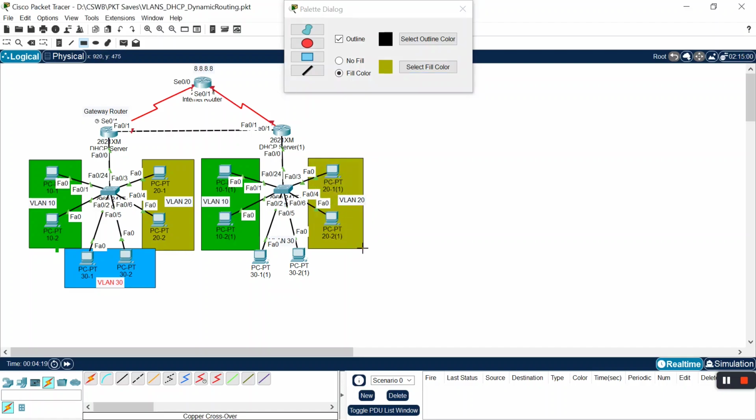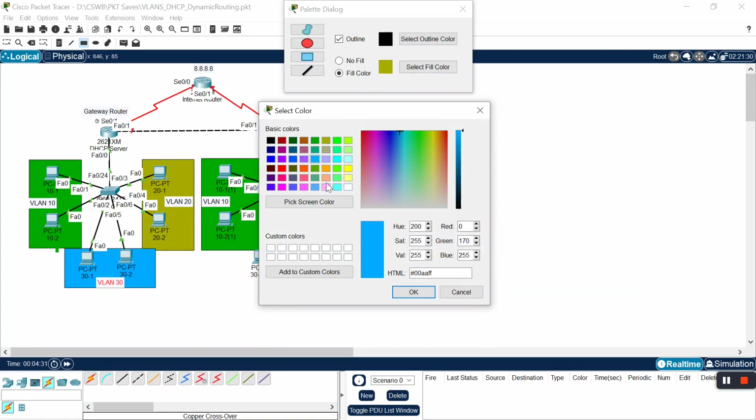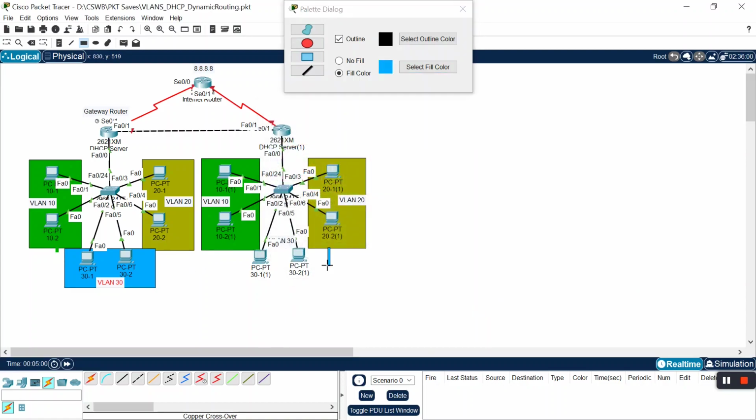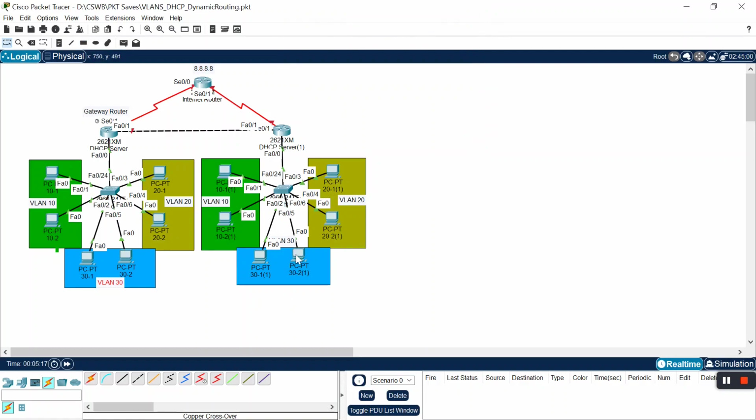So let's do the second one. That seems to be okay. And let's take the third one. I believe it is this one. Okay, so it doesn't matter. I'm just trying to make it as even as possible. Okay, so this will be our VLAN 30,